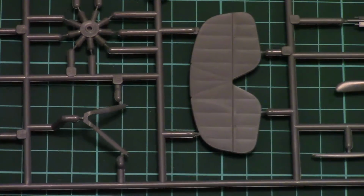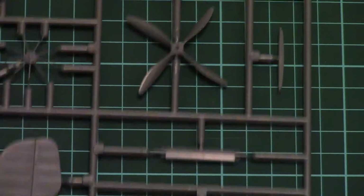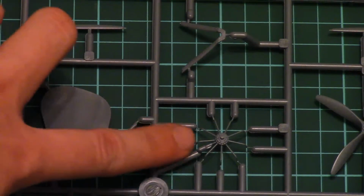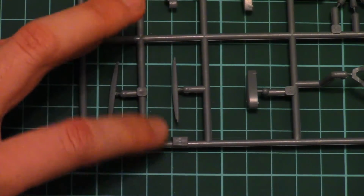Last but not least is a sprue which contains some other small parts. For example, here we have 2 types of the propeller. Both are molded as one piece. Tail wing as one piece, engine part, then we have rudder, then we have some ignition lines, and some other external elements. Everything looks more or less nice. I mean, for 1/48 scale this should be quite a beautiful model, but it would require some attention, and obviously